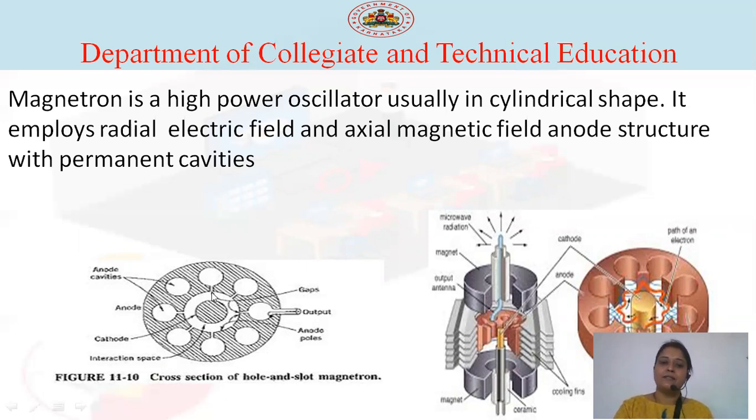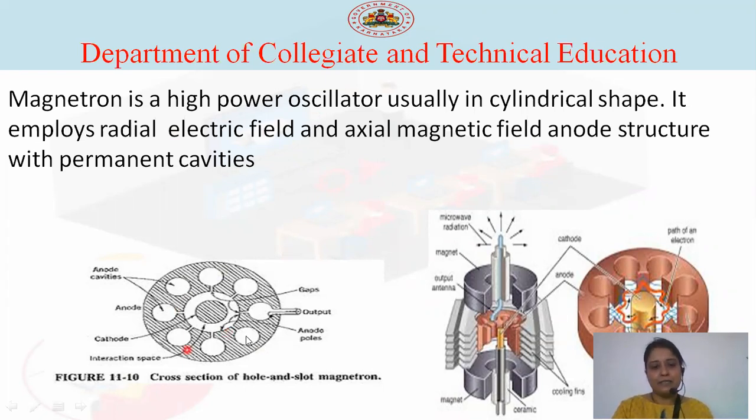Already we have studied devices like the two cavity klystron tube and the reflex klystron. All those are in the form of tubes, but this one is in a cylindrical shape. Here, the electric field as well as the magnetic field are used to amplify the signal, that is the electric field and the axial magnetic field are used,